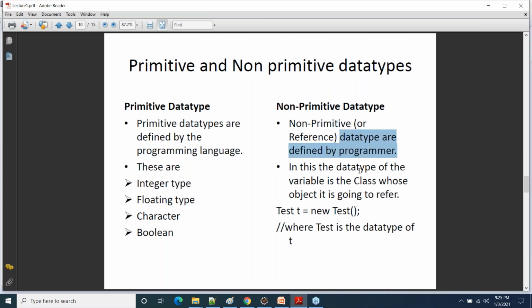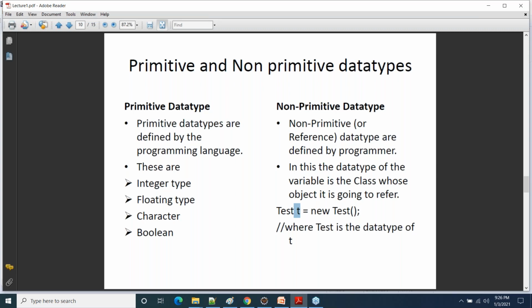In this, the data type of the variable is the class whose object it is going to refer. For example, here Test t = new Test(). Here Test is the data type of variable t. All the user defined classes are nothing but non-primitive data types.